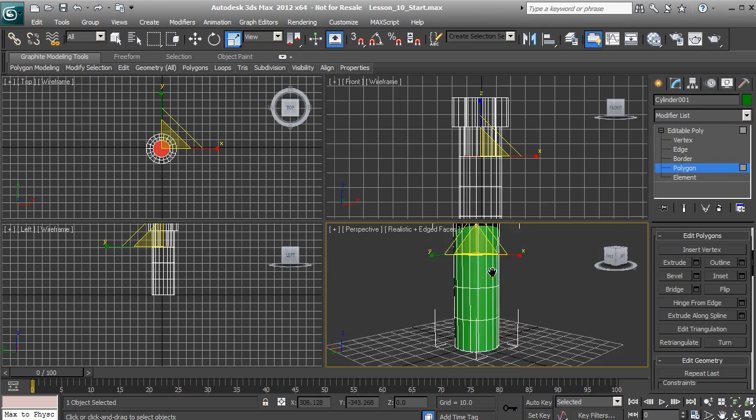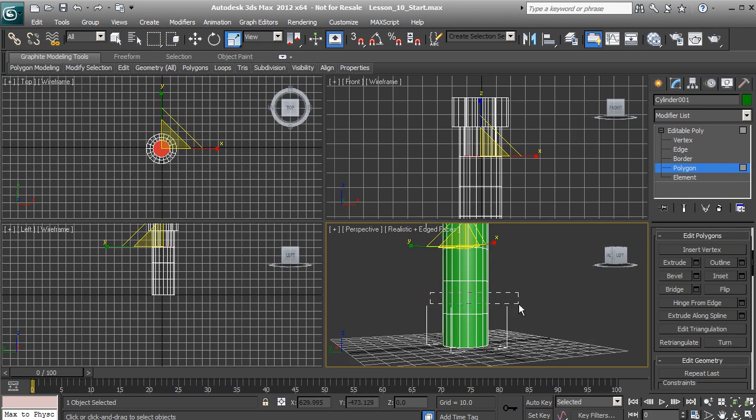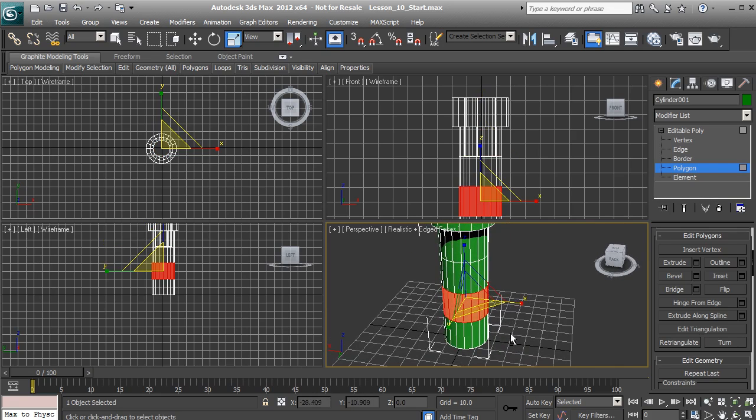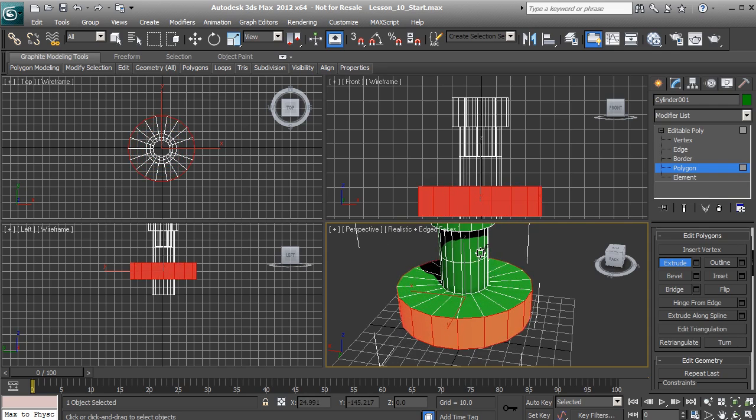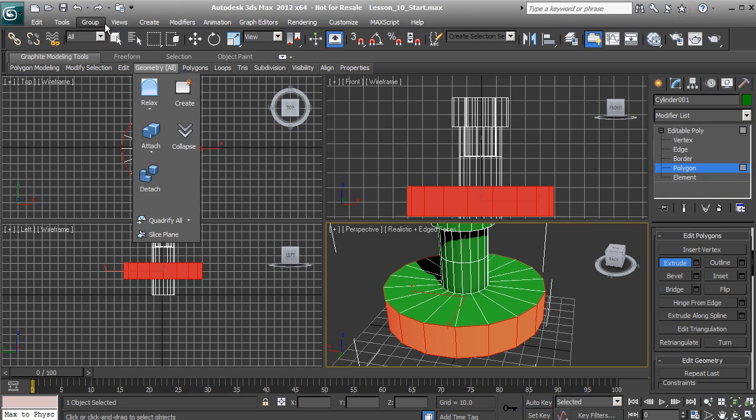Now there are other ways that we could extrude geometry. So let me go ahead and select these polygons here, and let's actually just use extrude. So let's highlight extrude here, or activate extrude, and this will allow me to actually click and drag on selected polygons and extrude that way. Now because we've been extruding with our local normal, it's going to go ahead and extrude with local normal. So let me actually hit undo one time,